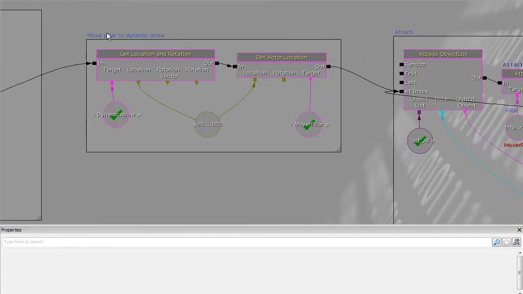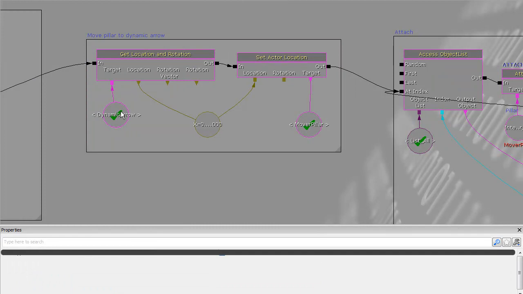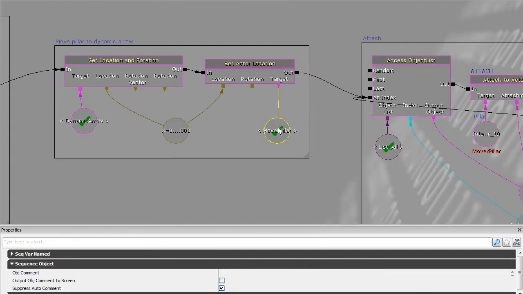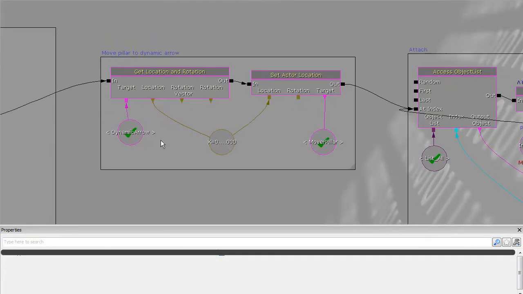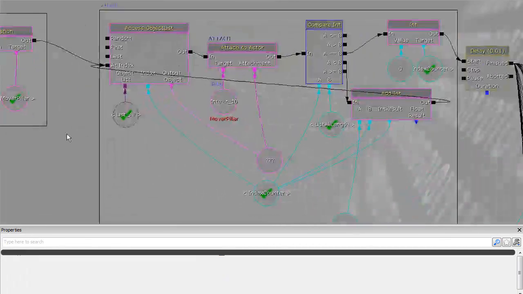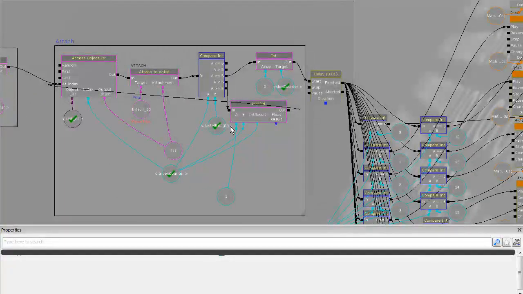So the dynamic arrow will be in the basic room. So I just move the mover pillar here to the one that is in the room. Then I attach everything again, just like the other rotations. Then I have another set of animations here